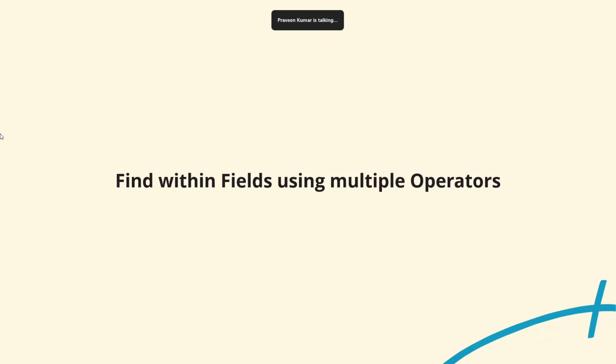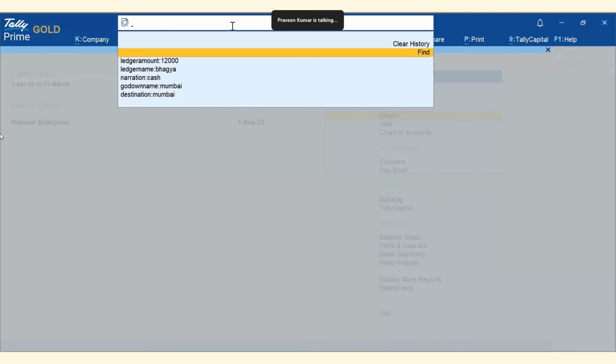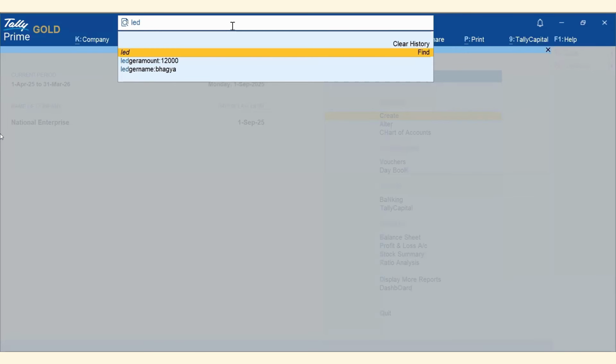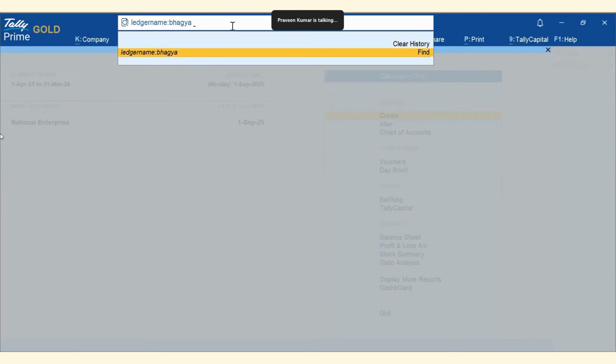Next is find within fields using multiple operators, right? So yes, in many cases there could be instances where we want to do a multiple-info search. In this case, let's see how Tally helps the users. So let's say here I'm going to type ledger name Bhagya. I'm going to select here,